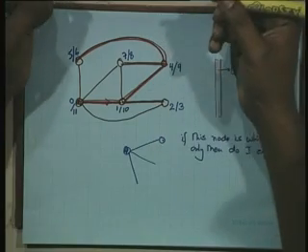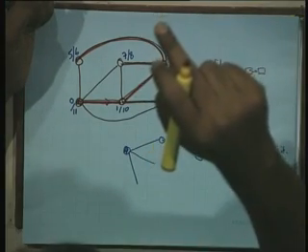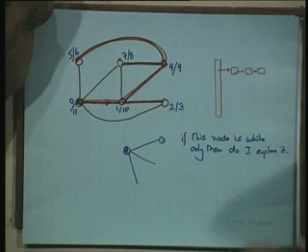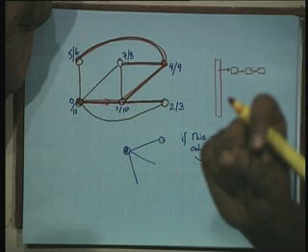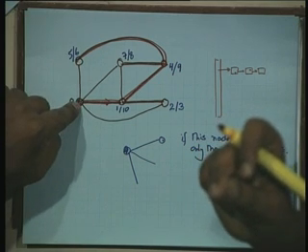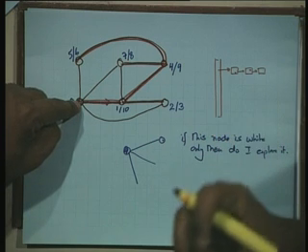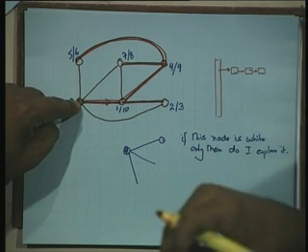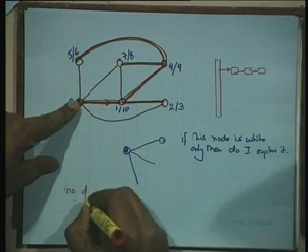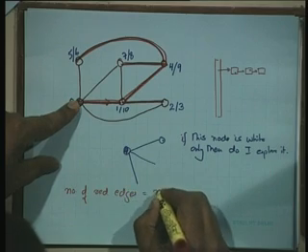Well, for every vertex, there is one edge along which I came to that vertex, and the same edge along which I backtracked from that vertex. So, for every vertex, there is a unique edge, except for the first vertex. So, since for every vertex there is a unique edge except for one, there should be n minus 1 edges, right. So, number of red edges equals n minus 1,